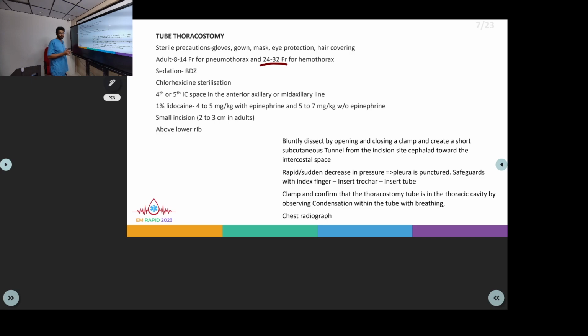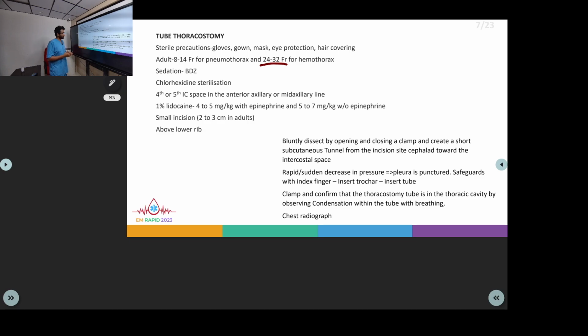So you can use benzodiazepines for sedation, and initially we'll have to clean the whole area up with chlorhexidine, and give a local anesthetic like 1% lignocaine 4 to 5 mg per kg with epinephrine, and 5 to 7 mg per kg without the epinephrine. So we'll insert the tube in the fourth or fifth intercostal space in the anterior axillary line or mid axillary line. So here the tube is inserted between the fourth and fifth intercostal space near to the lower